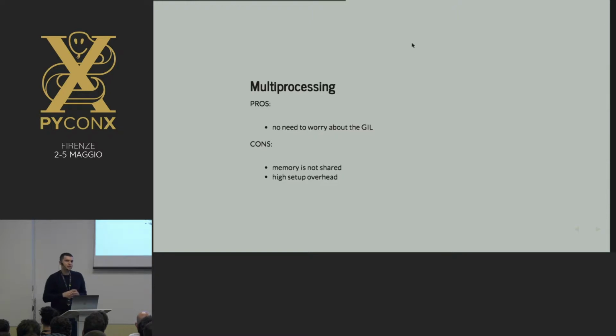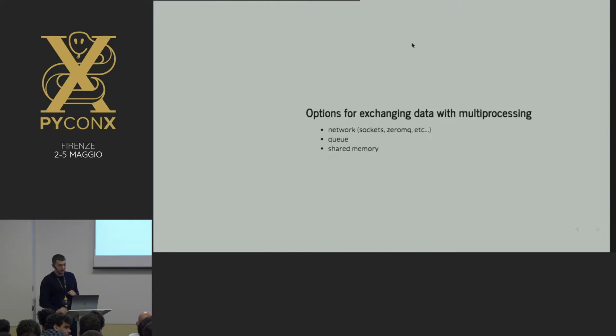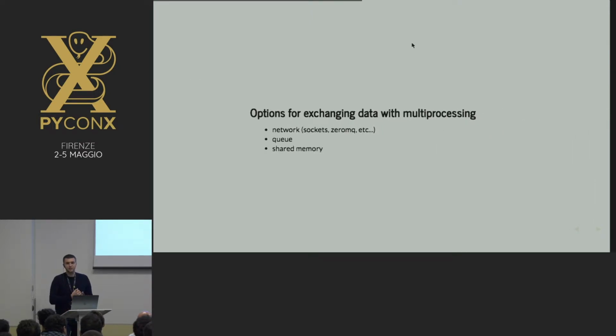But for example, in some cases, maybe you would want to create a worker that downloads a web page and does maybe one or a couple of seconds of computation on top of the data it acquired. In that case, I could suggest using a process pool, which does all the setup for you in advance, and you can just run a task inside of the process pool, and you can handle the overhead. So it is now a good time to talk about options on how to transfer your data from one process to another. For my application in this case, I evaluated a couple, which were network, multiprocessing queues,